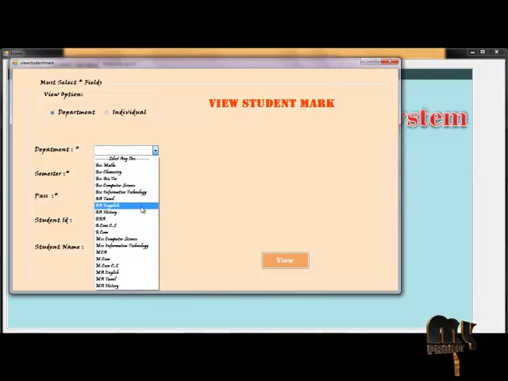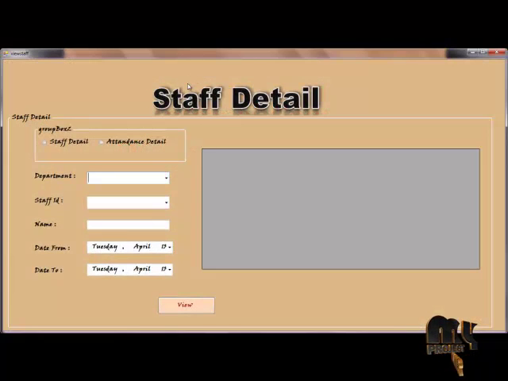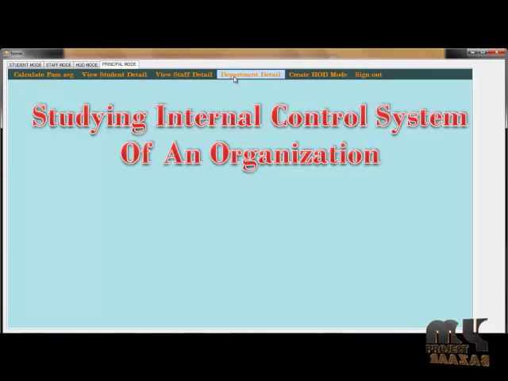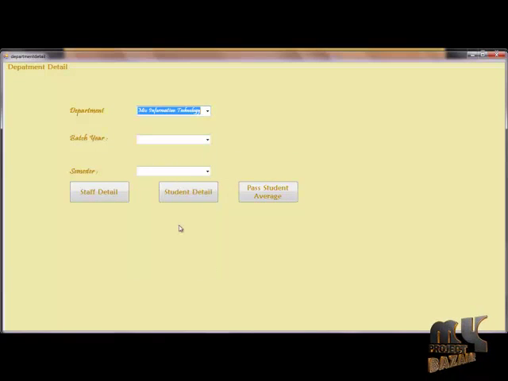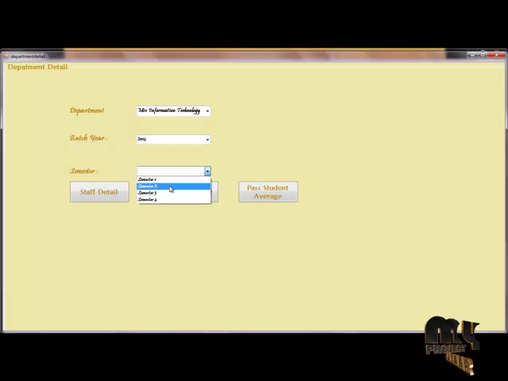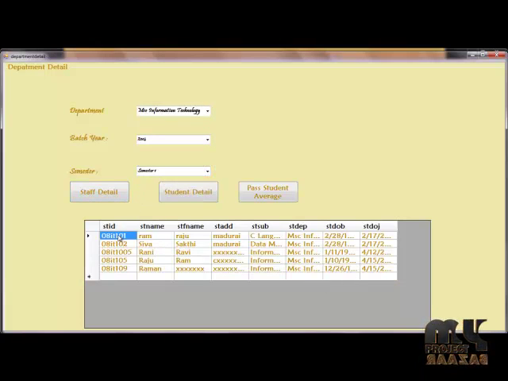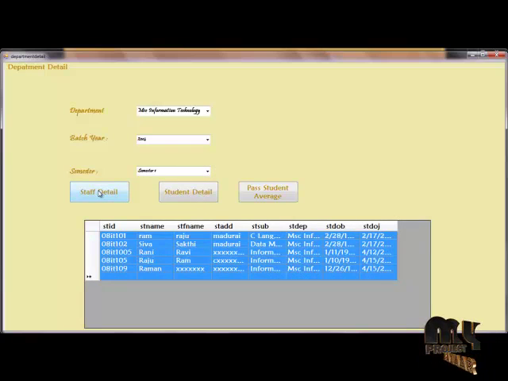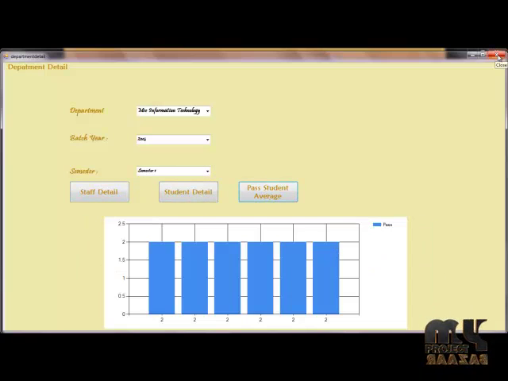We can view the student mark as in the previous. The staff detail also can be viewed in this mode. Calculate the pass average according to the chart by selecting the department, batch year and semester. You can view the staff detail, student detail and pass average.